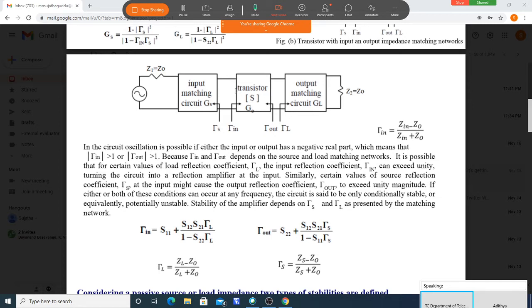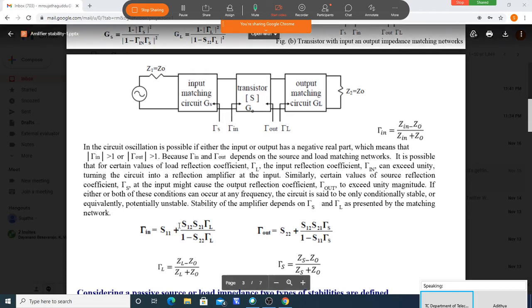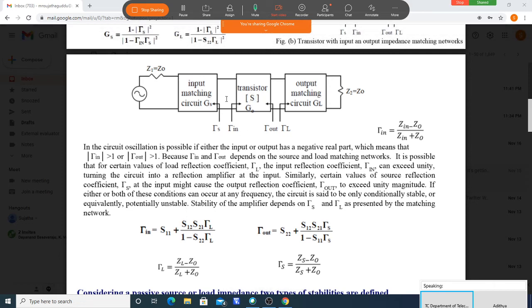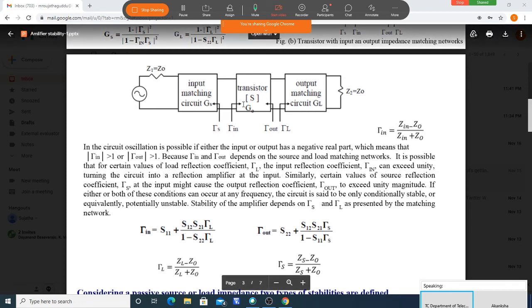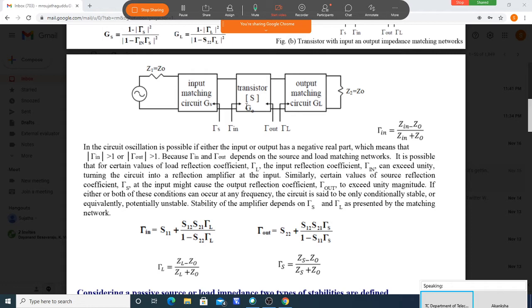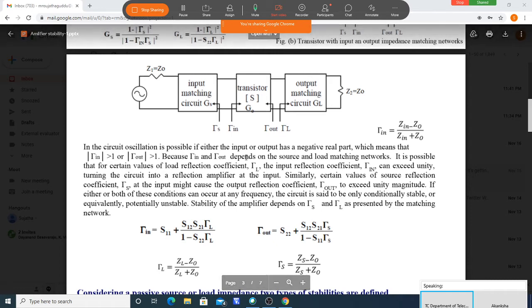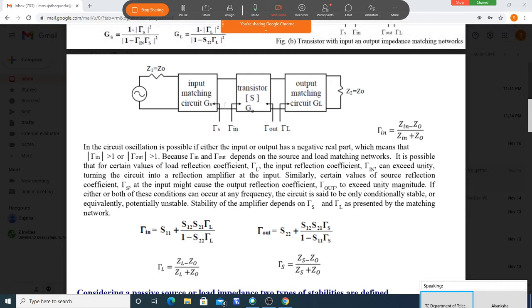A wave is incident here, and a part is reflected. Along with the reflection due to this incident wave, the signal gets added because of the reflection from here. That is, S12 times the reflection from here gets added here. So the total reflected wave increases here. It may become greater than 1. So if the reflection here is greater and S12 is not equal to 0, more power enters from the output side to the input side. A signal from here comes to here because S12 is not equal to 0. So the signal can move from 2 to 1.